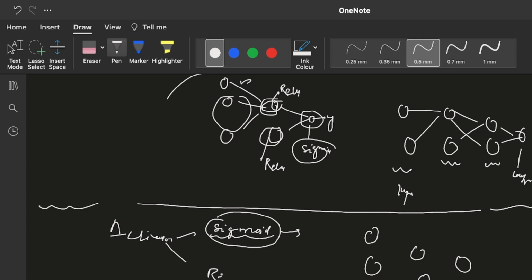The second one is ReLU. Sigmoid function, what is it? If you pass any value into the sigmoid function, it returns a value between 0 and 1. But in the ReLU approach, if you pass any value, it converts to x only if x is greater than 0, otherwise it decreases to 0. Meaning the ReLU function removes the negative values.